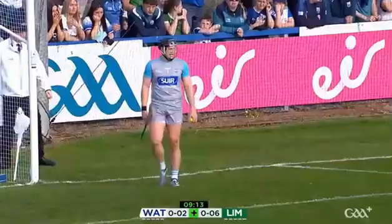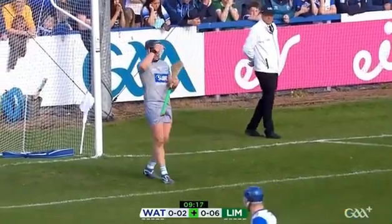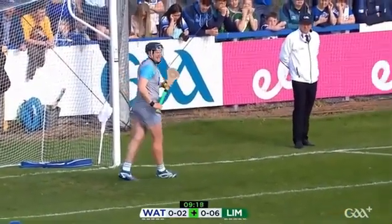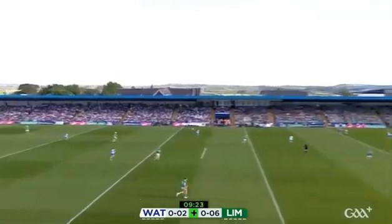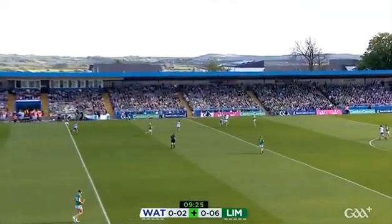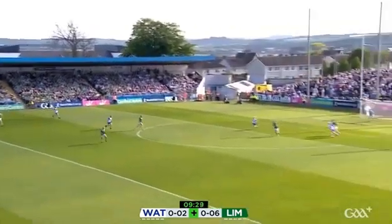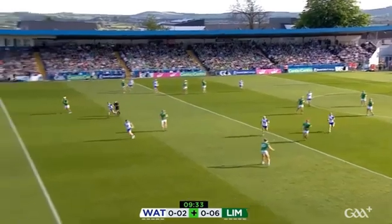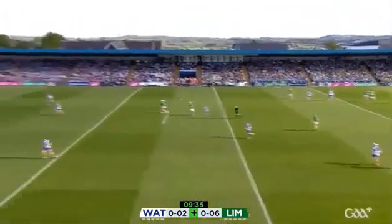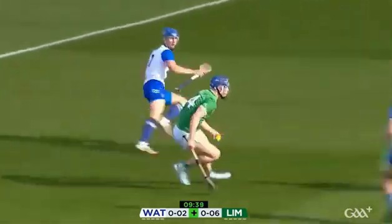But when Limerick come out of defence quickly, Tommy, there's so much space at times. There is, because you have to mark Hegarty, you have to mark Lynch out and English out the middle of the field, or to put the ball over the bar, so you have to follow him, which creates space then inside for Shane and Gillane and David Reedy. Ball won on the far side by Kevin Mahoney. Again, though, the Waterford forwards are second to the ball that's been delivered, and Hegarty, who's sitting in around the half-back line, will spray it up to Shane O'Brien